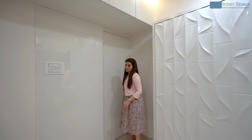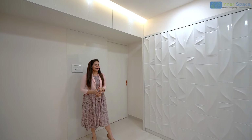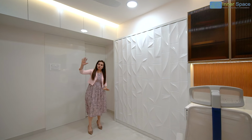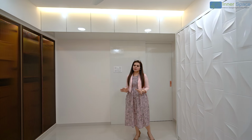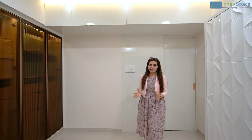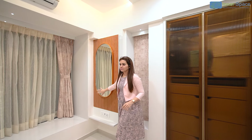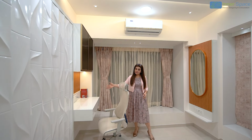So this is our master bedroom, the bedroom that belongs to the couple, and here we have the Murphy bed, which is the folding bed, and then we have the wardrobe right in the front. They didn't want a TV in the bedrooms, and then you have not a dressing unit as such, as the lady is not very fond of a dressing table, so we have just a dressing mirror whenever she wants to use it, and this working desk for the